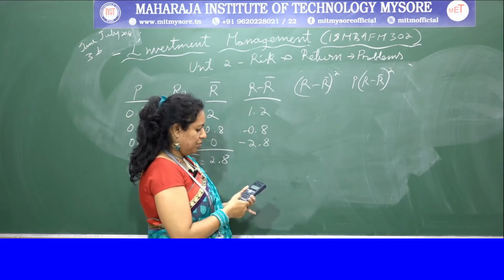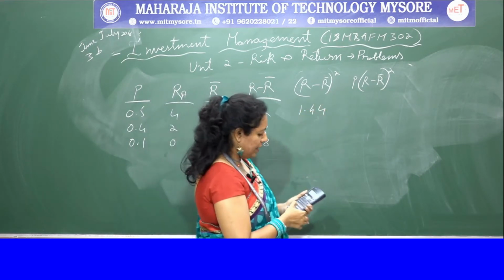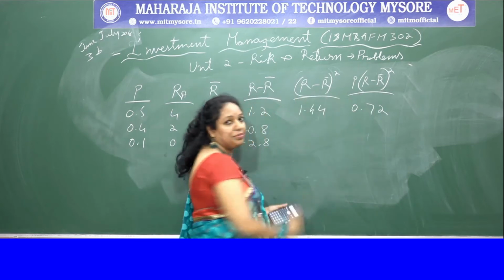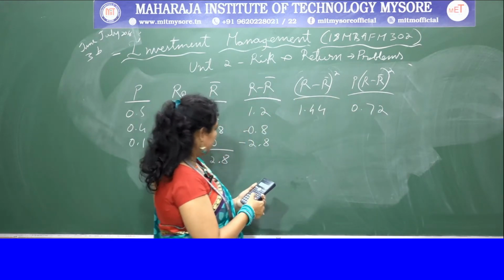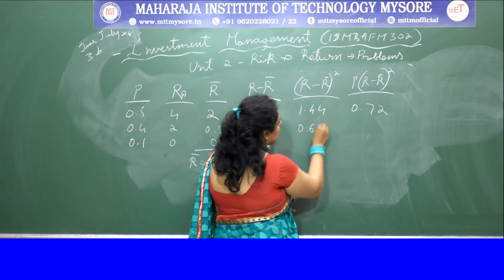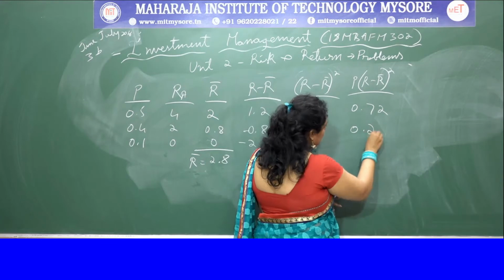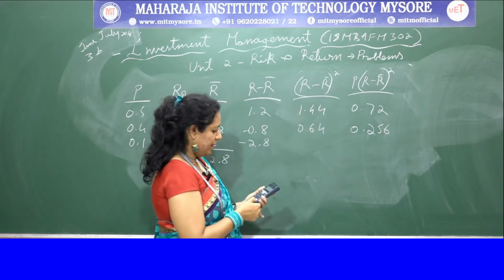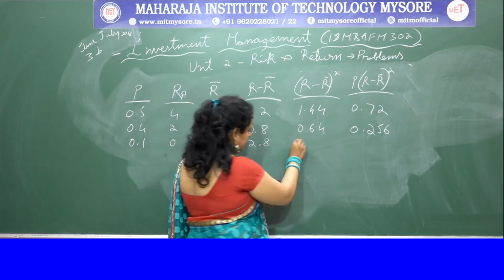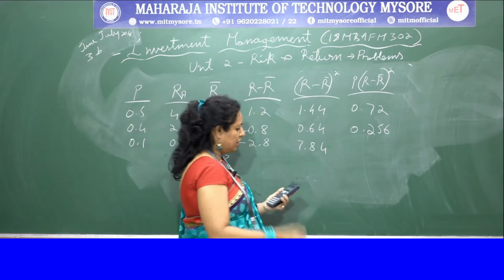Okay, so 1.2 into 1.2, you get 1.44, into probability of 0.5, you get 0.72. And then you get 0.8 into 0.8, you get 0.64, into probability of 0.4, you get 0.256. Okay, then 2.8 into 2.8, you get 7.84, into probability of 0.1. So you get